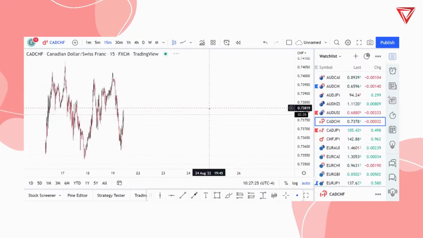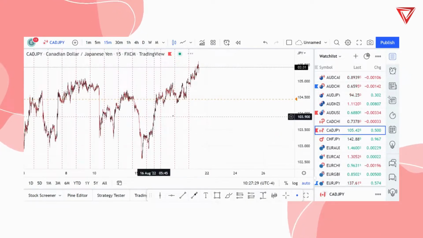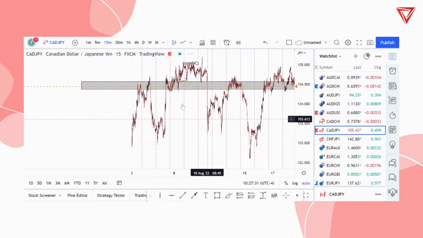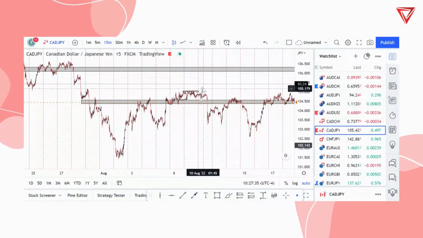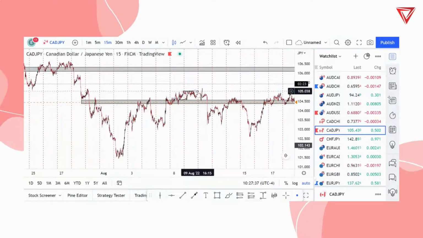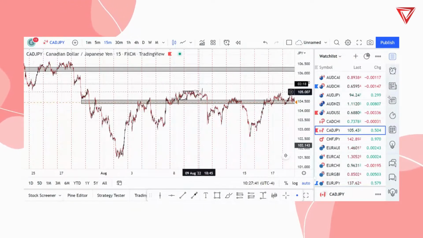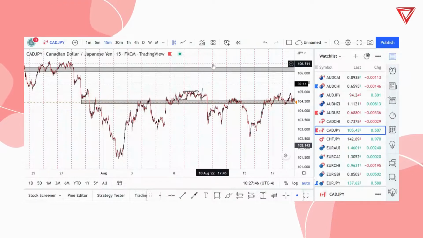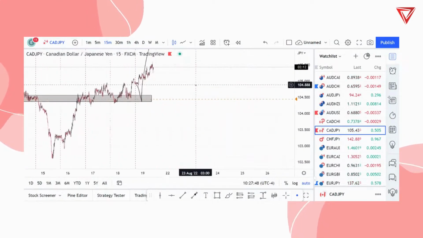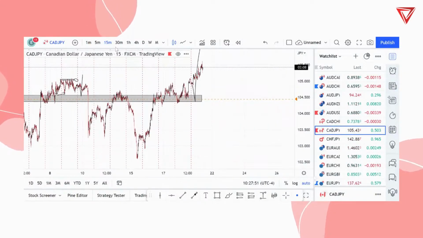The next thing, CAD CHF. Did I have anything on this? No, I did not. CAD JPY, I drew this up yesterday, thinking that because I had this as a bias, I had CAD JPY, this would have been last week if I'm not mistaken, thinking that it would come down into this area because this is a liquidity area, a liquidity zone, and then grab some liquidity and then shoot up for this area. In actuality, it didn't happen, and then it broke the liquidity zone, coming back into bull momentum again.